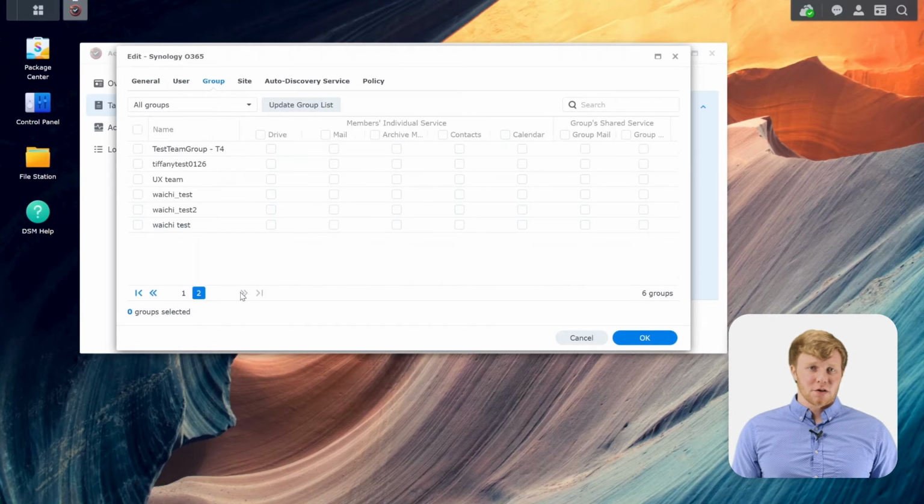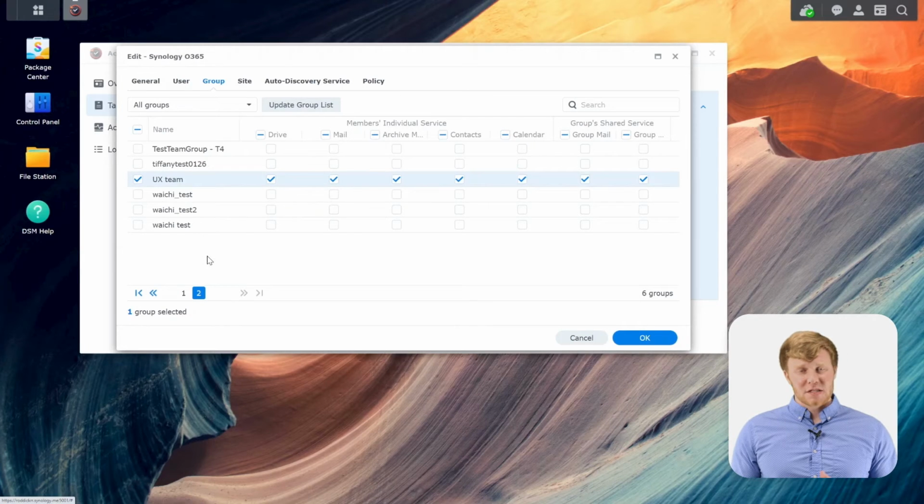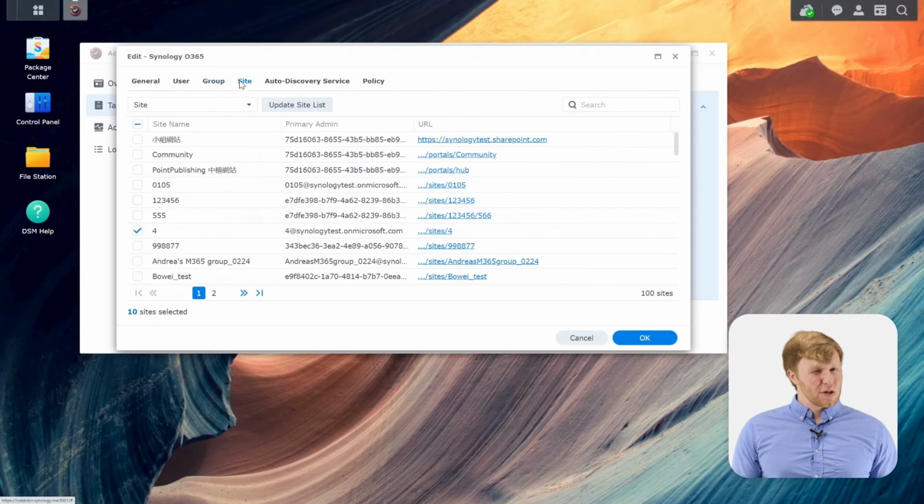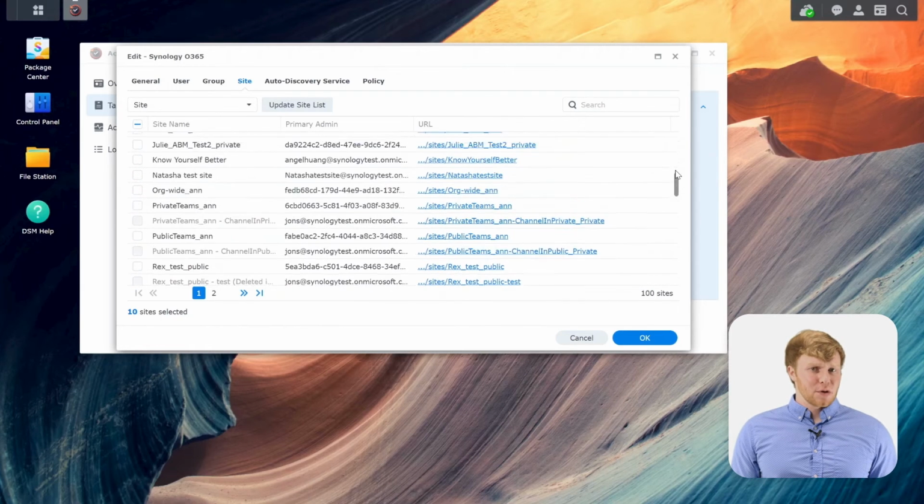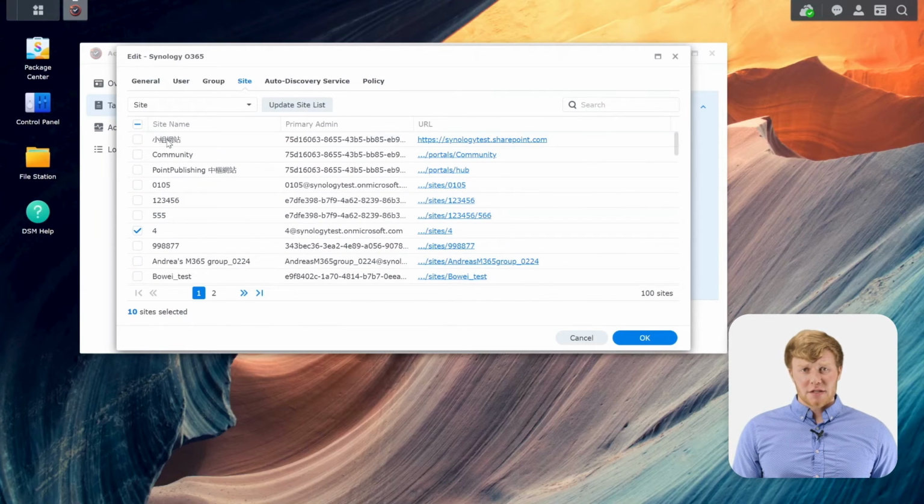Now for backing up groups, it's pretty much the same process. So we'll scroll down here to the team, the UX team, which is the group that I want to back up, and I'll select this box on the left-hand side here. So you'll see that's going to highlight everything for backing up all users that are associated with this group UX team, including things like group mailboxes as well. So all of those will be highlighted by default, and I can choose to deselect any of them if I'd like. For SharePoint sites, it's pretty straightforward as well. You'll see a list of all of the SharePoint sites here, and all I need to do to back them up is I'll just click on this box on the left-hand side.